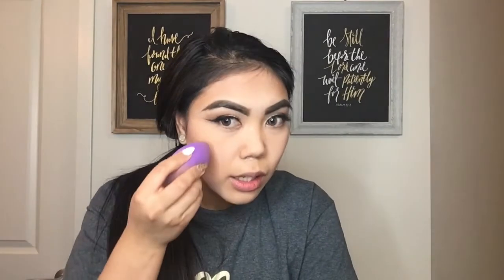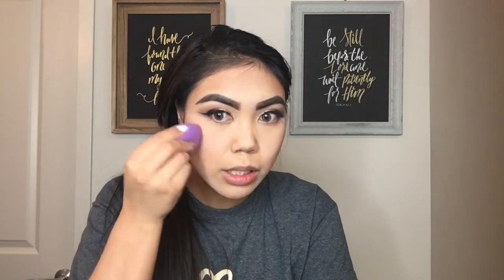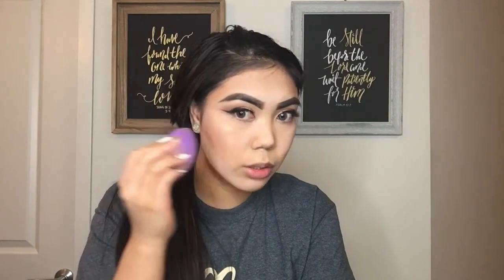I always applied it with a brush. So they take their highlight and they use their damp beauty blender and they swipe it to grab it like that, and then they apply it to where their cheekbone is, because it makes it look like it just totally blended itself in to your blush and contour, as opposed to just